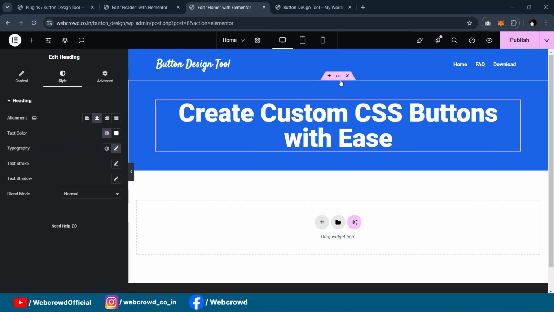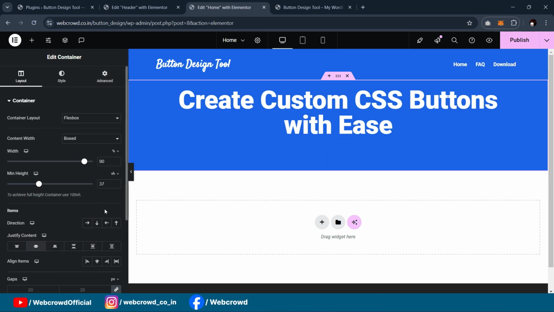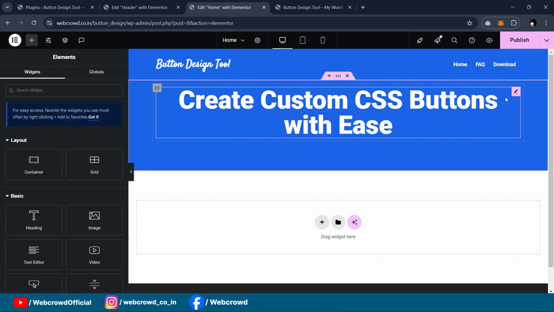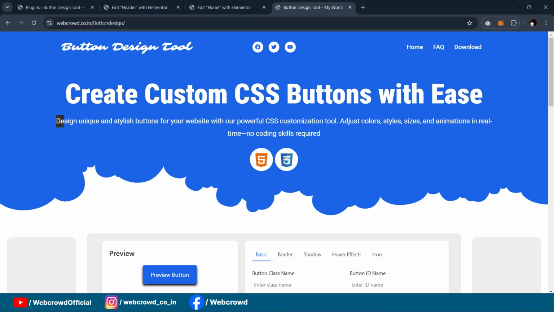I will now align this content center. I will give a padding from the top and the bottom. Okay, next we have to add another heading, so I will copy this heading or duplicate it, and I will add this text